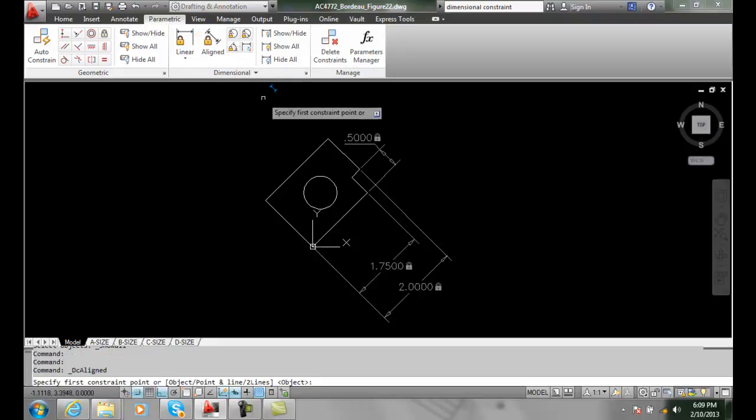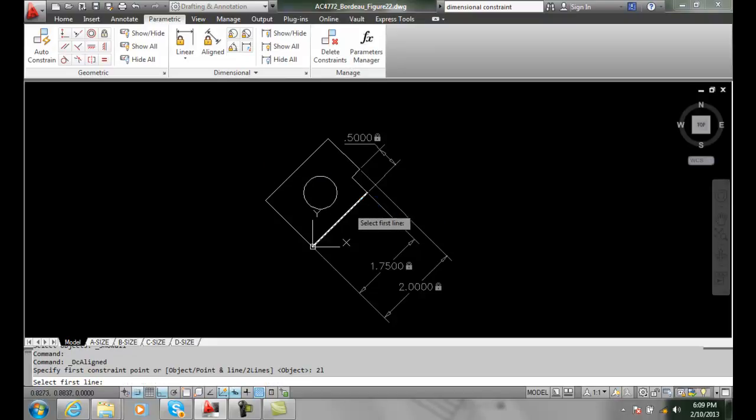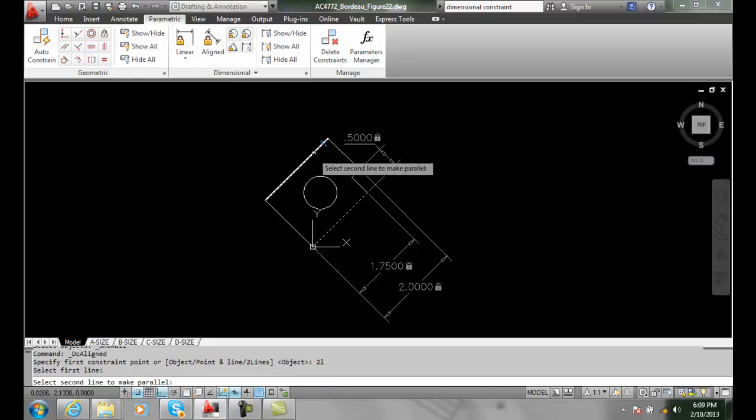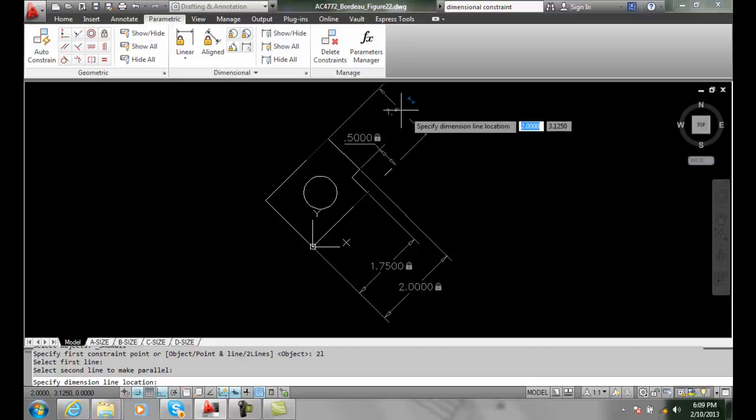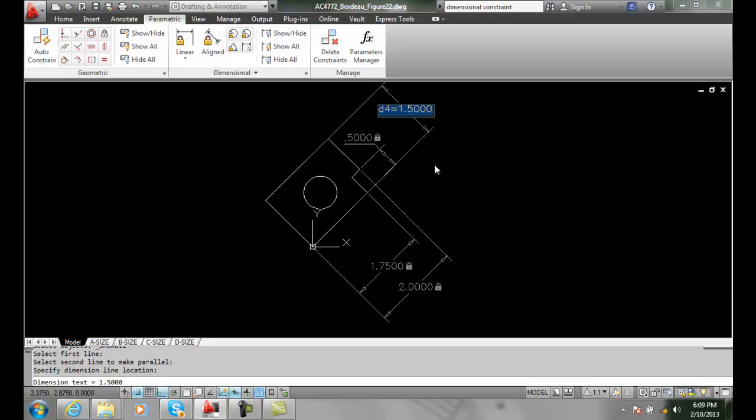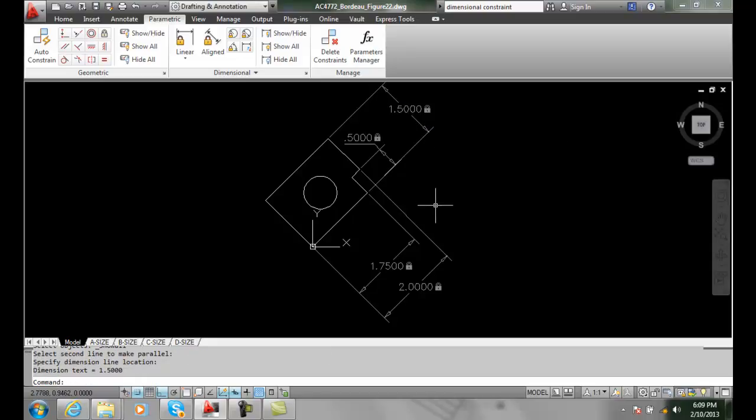I'm going to do a line. I'm going to still do 2 lines, so I'm going to do a 2L and hit enter. I'm going to select this line and this line, and I'm going to bring it all the way out. Okay, and I'll place it right up here and hit enter. I still got 2 more to go, and the next one I want to do is a point and a